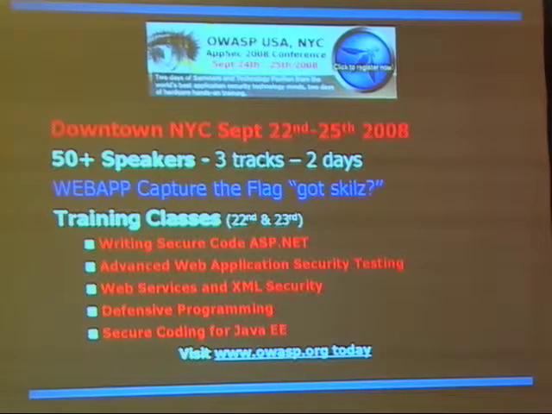So there's going to be mostly tracks there that are for the developer, for the security folk, and management, if they want to come and listen, that's great. But certainly this is a technical conference that's going to be going on out there. If you're looking for training, there's a lot of training classes being offered there. Foundstone's putting in some time. Citadel's putting in some time. Aspect Security is putting in some time. So again, lots of good stuff relative to the conference.